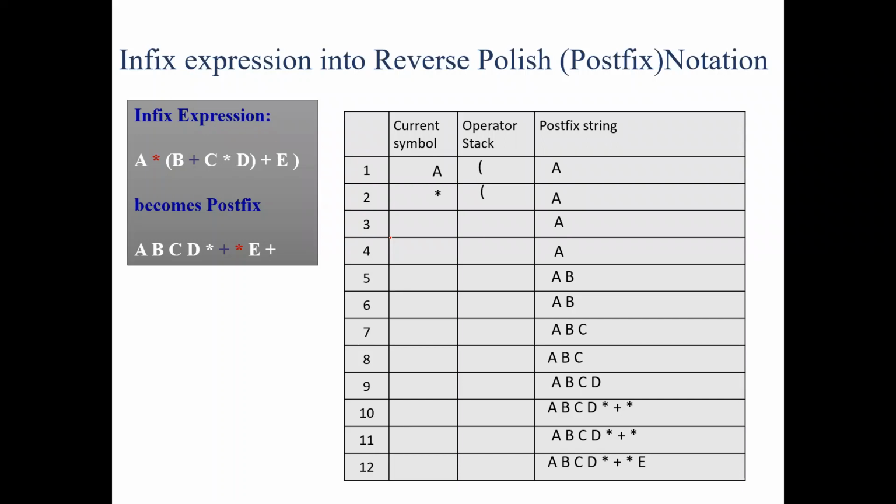And the top of the stack, as it is a left parenthesis, nothing else to be checked, we'll just push it onto the stack. You can read the second rule, that is, if the stack is empty or if there is a left parenthesis, push the incoming operator onto the stack. Got it? If the stack is empty or if the stack is having a left parenthesis on top of the stack, push a multiplication symbol or the operator onto the stack. Got it? After this, what is the next step?